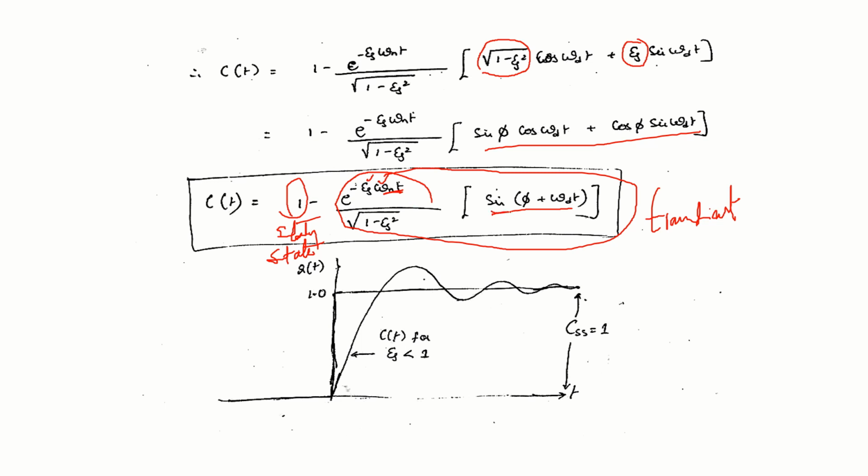There is a sine term, it oscillates. So that's why when t is equal to 0, if we substitute, the output is 0, 1 minus 1, 0. As the t changes, you can also see that this is how the output keeps varying.